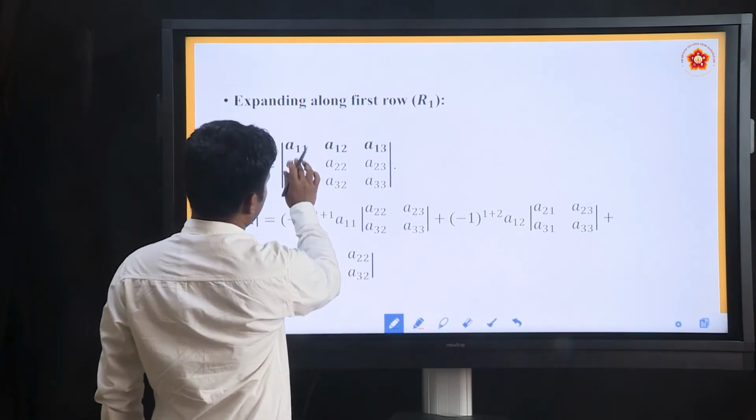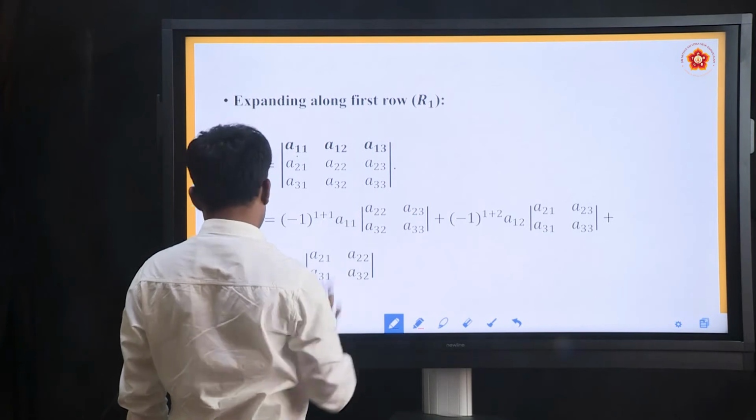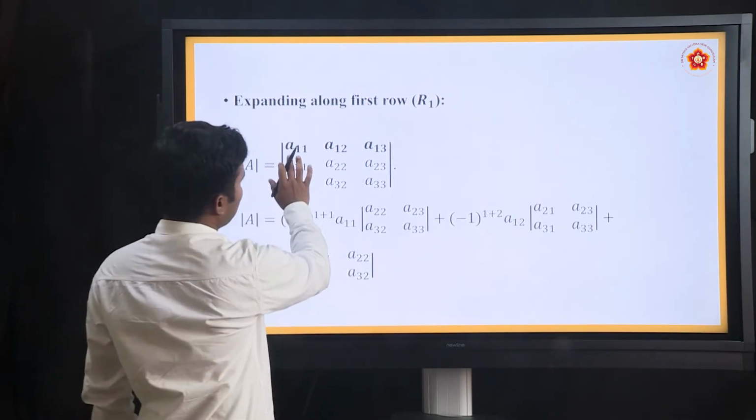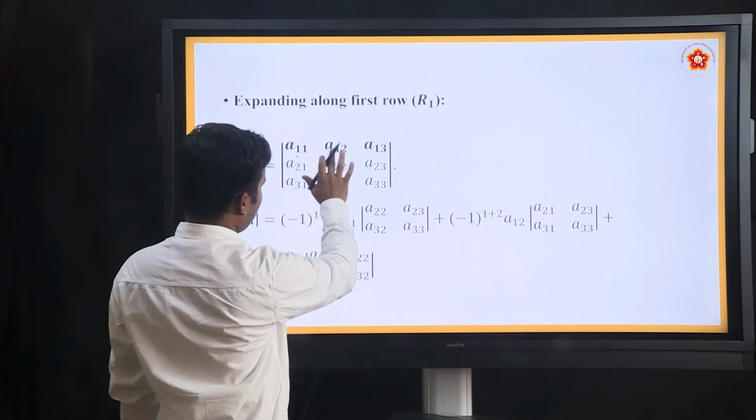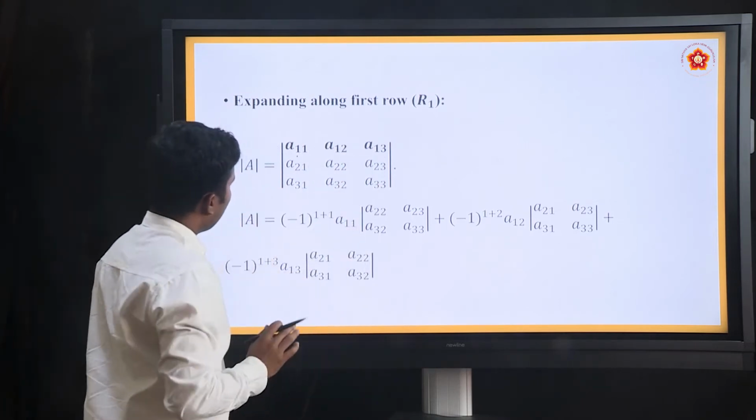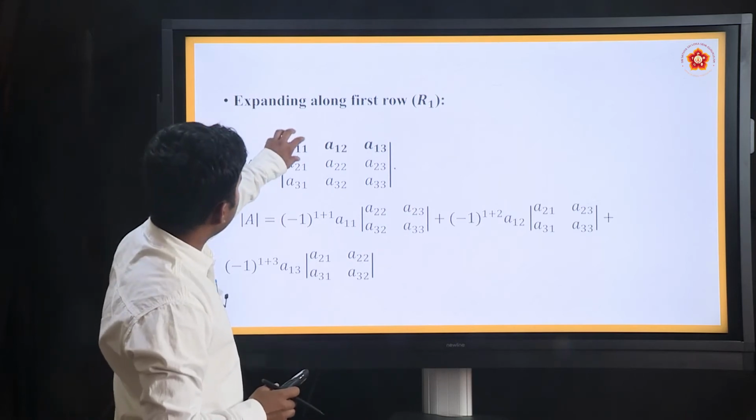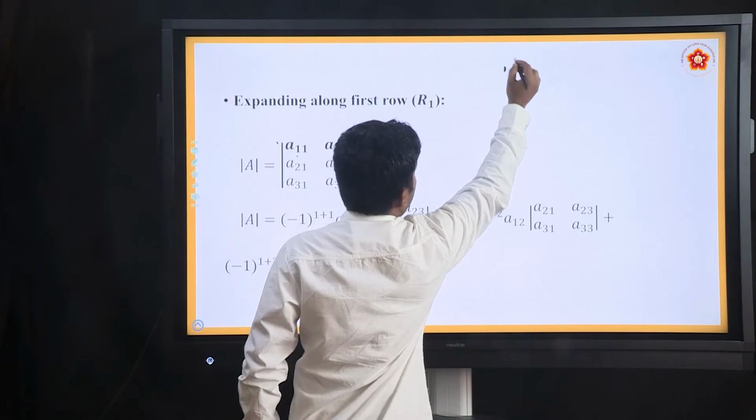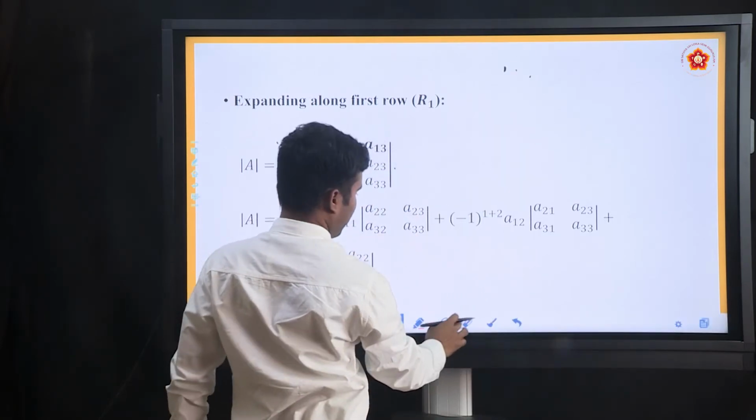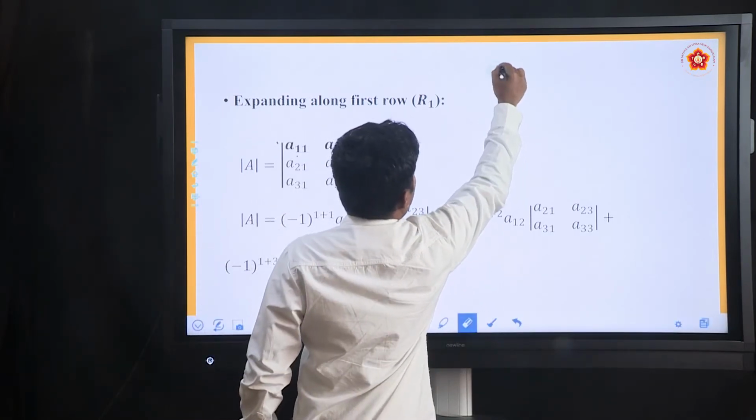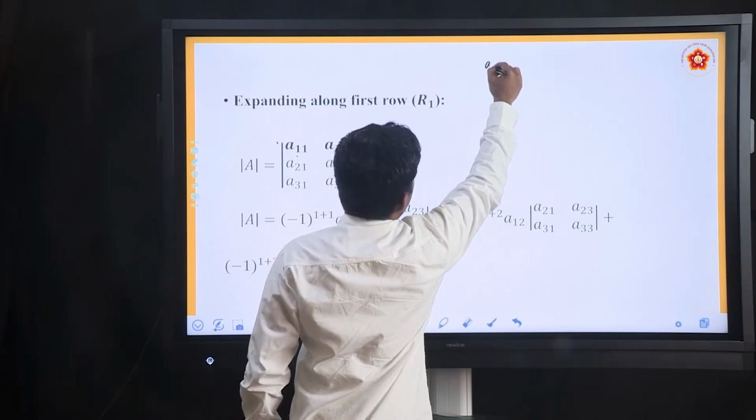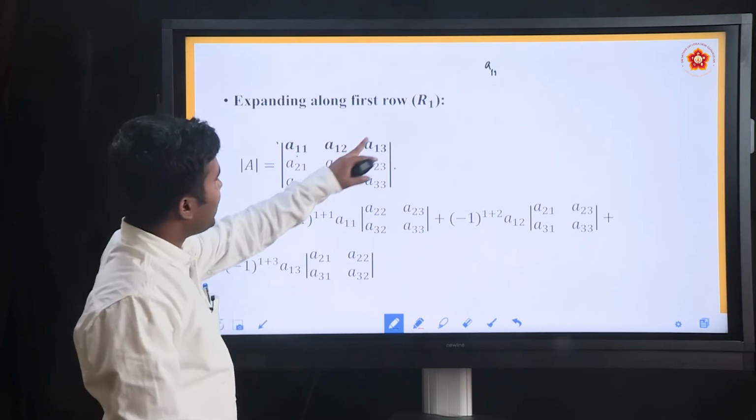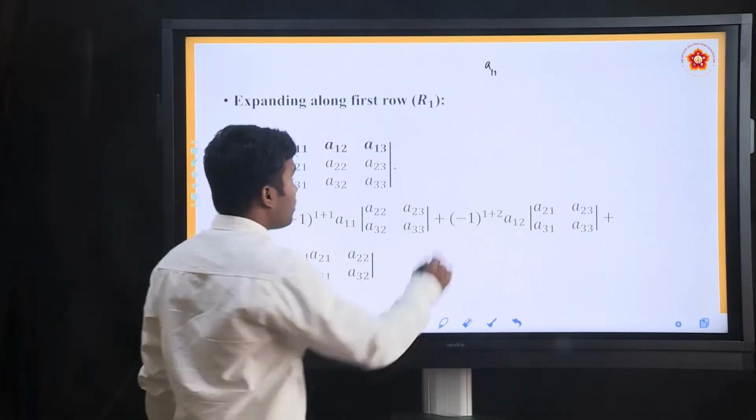See here, we are going to expand A11, A12 and A13. We have some steps to expand this. What are the elements along R1? A11, A12 and A13. First you have to take A11, okay. You take A11. So, you can multiply A11 with minus 1